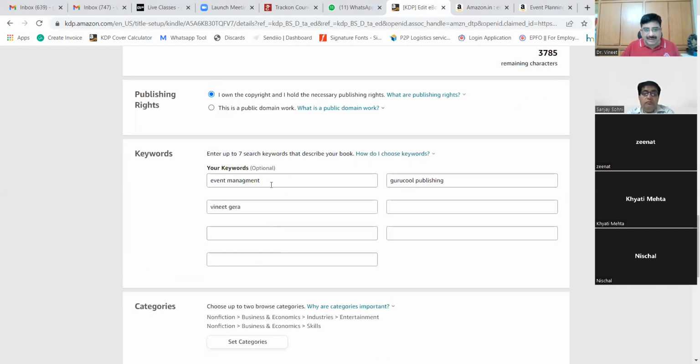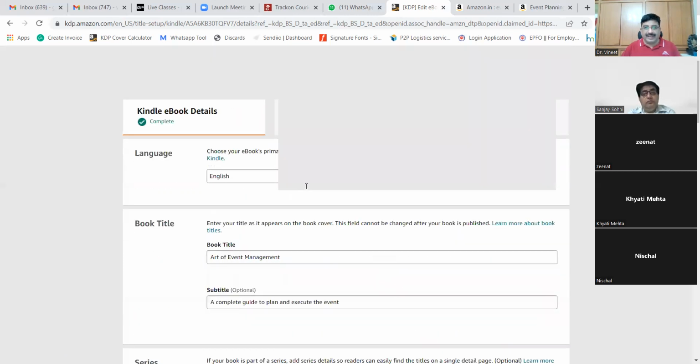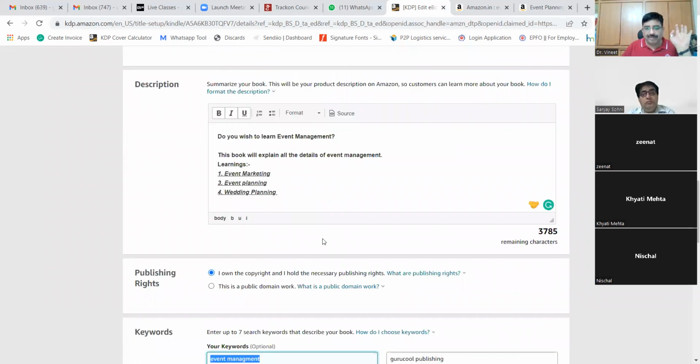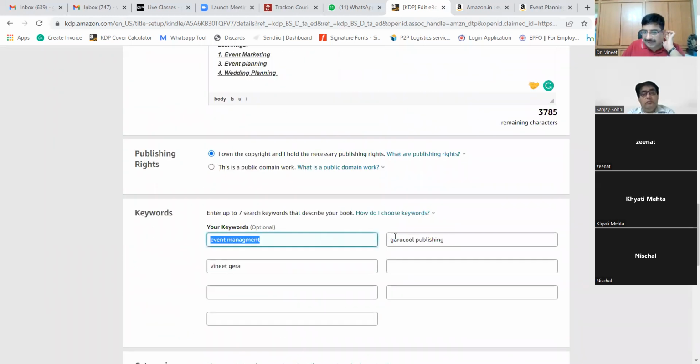Another important thing is here we have 7 keyword options, right? So here most of the people make mistakes. For example, giving the book name is a mistake because it's already there at the top, and the title, subtitle, author name is already optimized. So if you are putting the publisher name, author name or book name, this is a mistake. You should use the phrases. Just think as a customer, if you want to learn event management and you want to download a Kindle ebook, how would you search? For example,